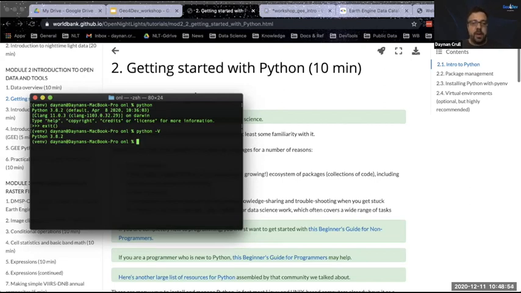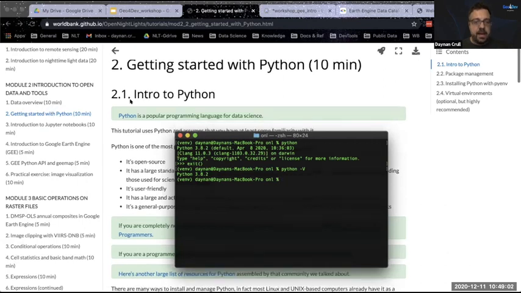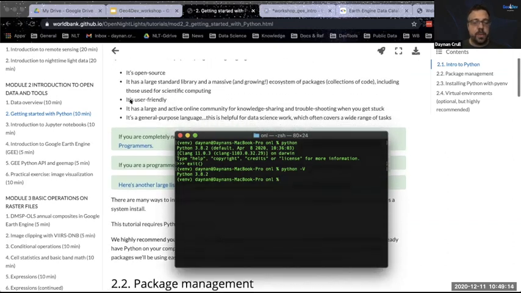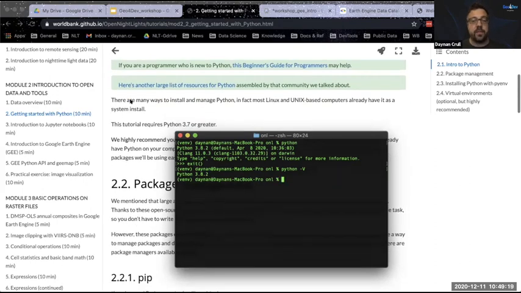There is a library, and I referenced this in the tutorial, in module 2.2, and it has a lot of resources for Python. This isn't a Python workshop, so we're not going to spend too much time trying to understand the language. But if you want to dig into this more, there are links and resources. Again, this is an open community, so open data, open source community, so there is a lot of information out there.